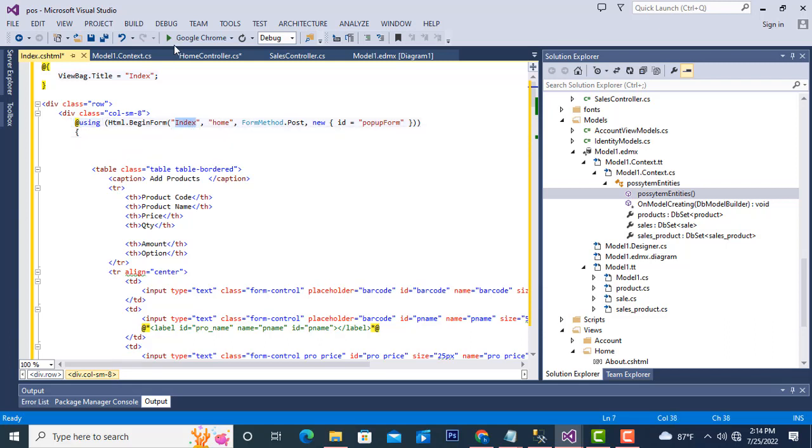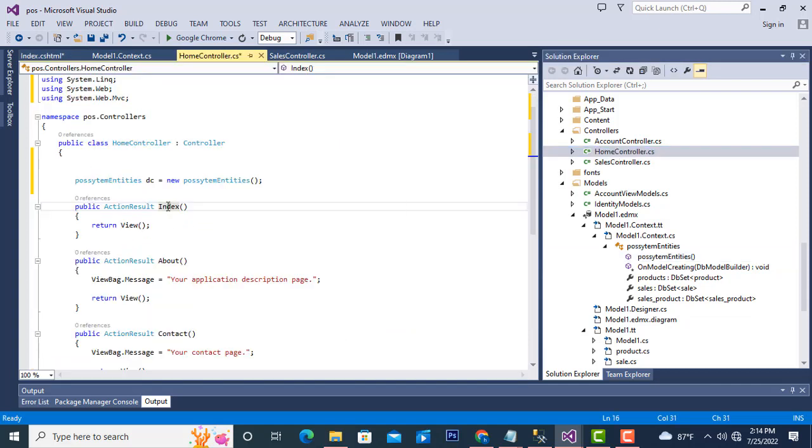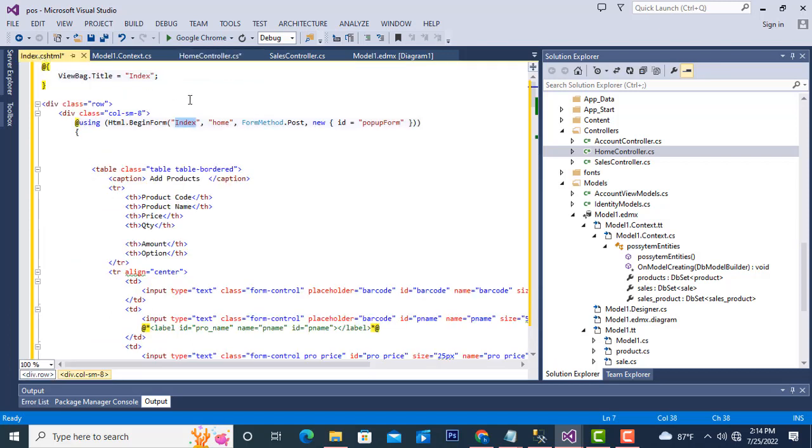This is the index action method. What's the controller? Home controller, index action method. It's called the home controller index action method. So it will be calling here